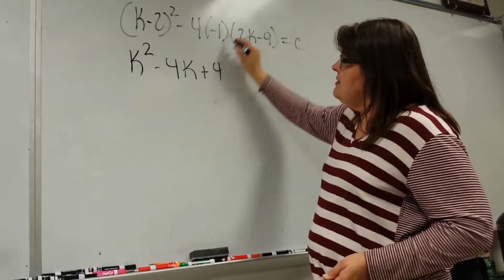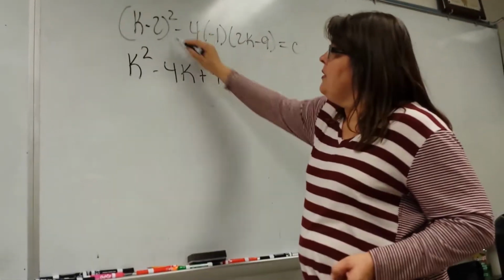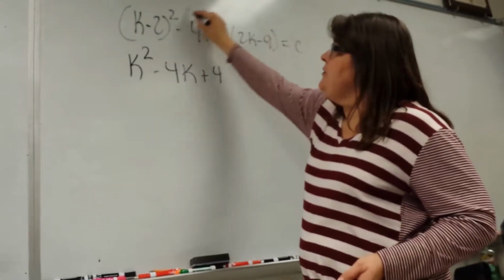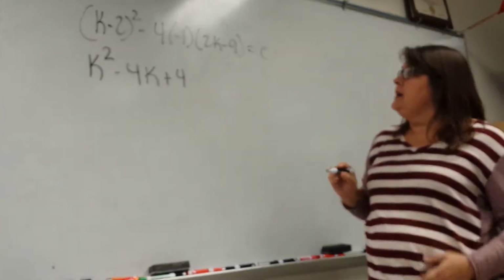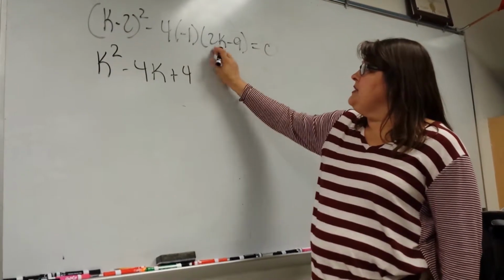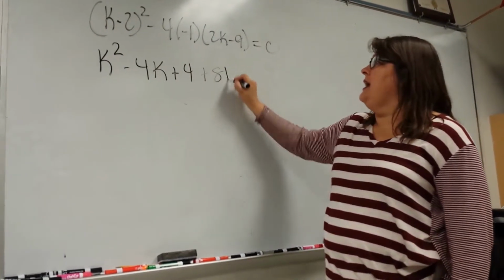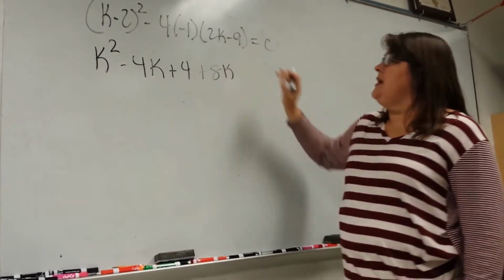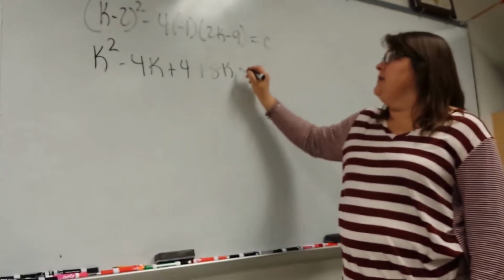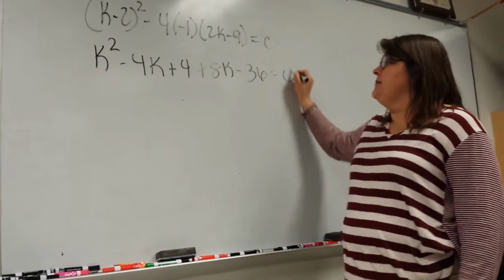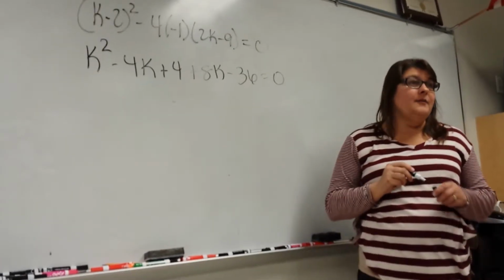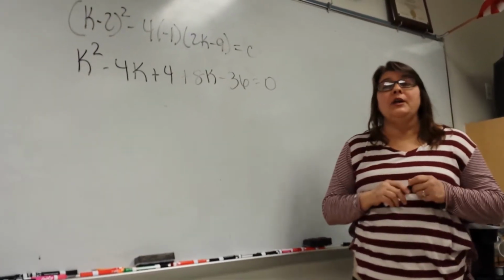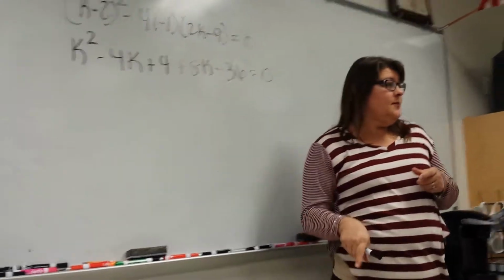I'm going to take, do you agree, positive 4, and distribute it through. So positive 4 times 2k, so plus 8k. Positive 4 times negative 9, negative 36. And what does this scream? I'm a trinomial factor. Okay, I want you to go home today, finish this particular problem if you can,